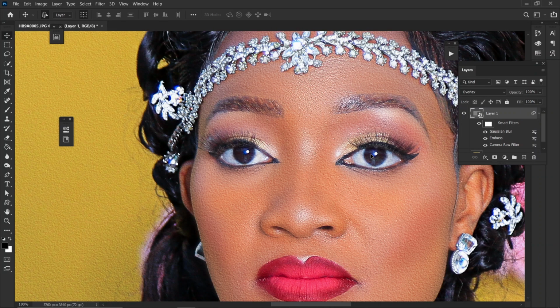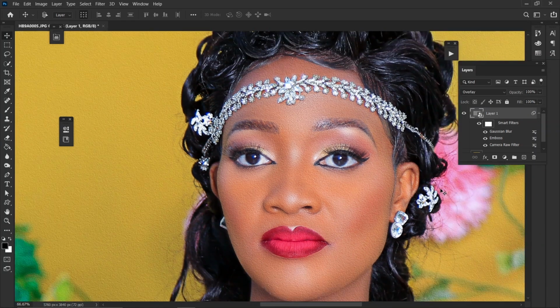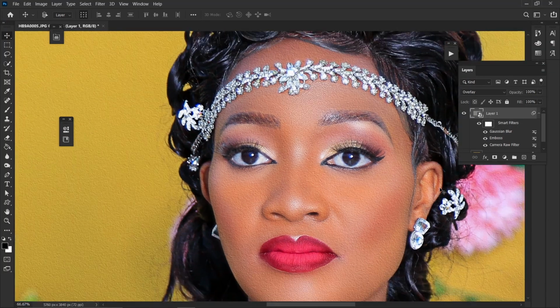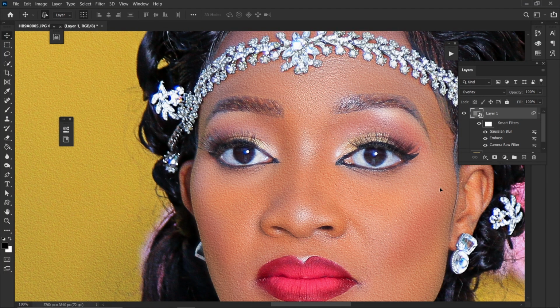I'm going to click OK. As you can see, we have already generated our skin texture, although it's not good enough, but we are going